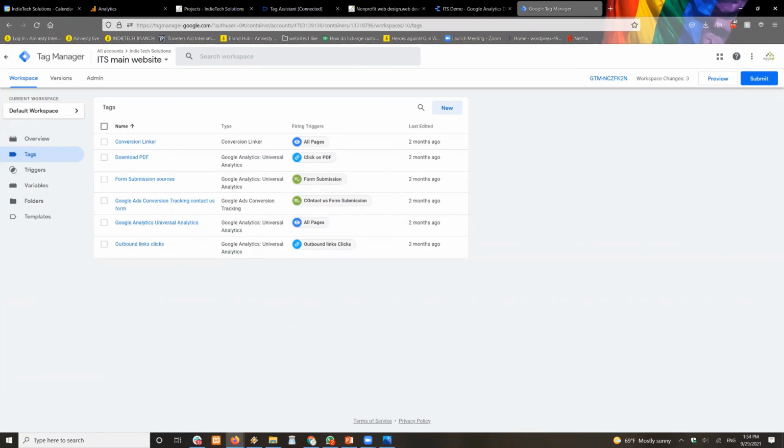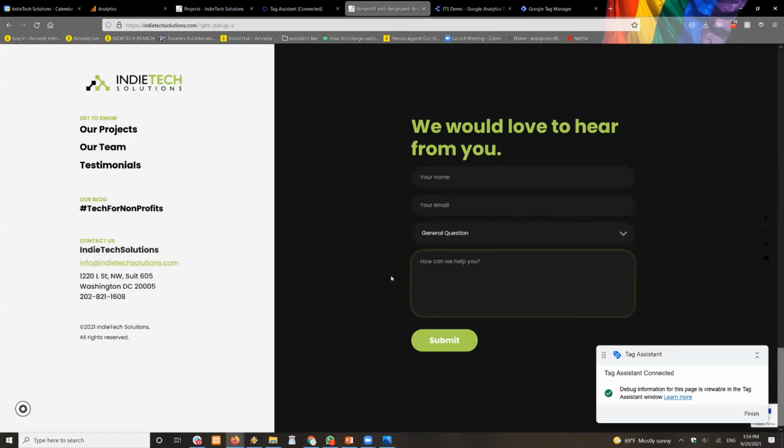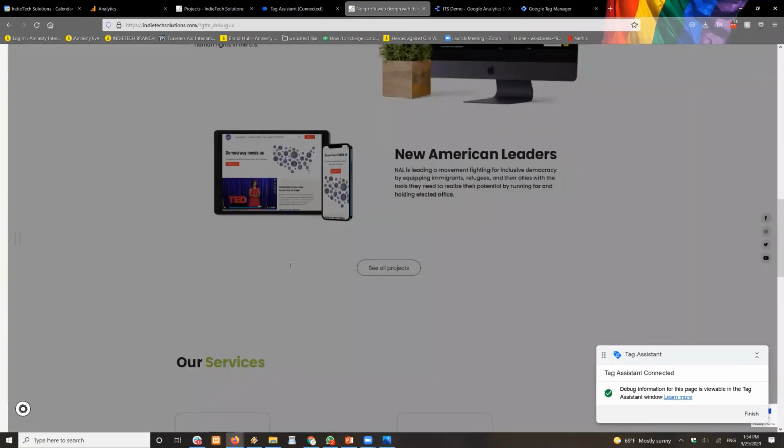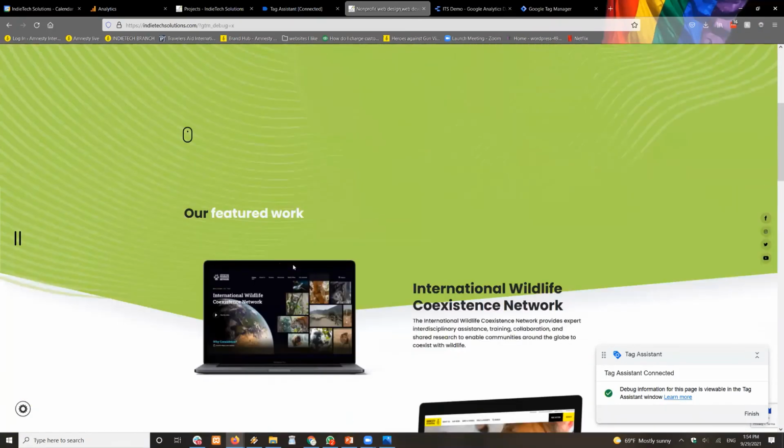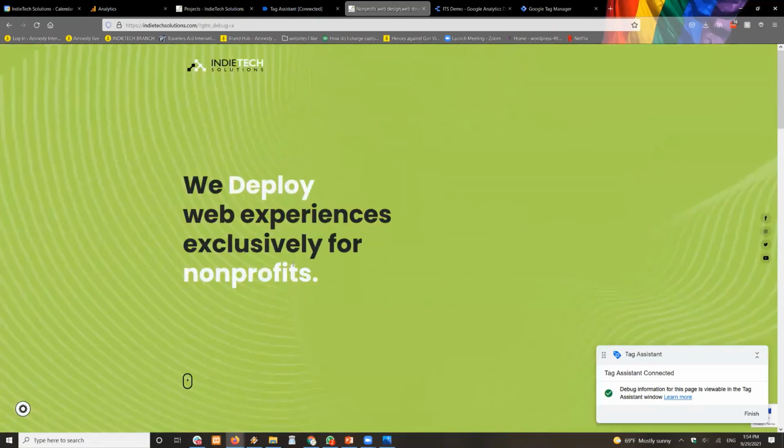I think I have a lot of other things through Google Tag Manager that you didn't show us today. A lot. So the question is, are there other things you can track through Google Tag Manager that you didn't show us today? You literally can track anything and everything on your website, like a click. For instance, let's say you want to track a drop down. You want to track scroll, like how people are scrolling down and when they stop scrolling. You can track form submissions, as I said. You can track literally everything you want. It all depends on the use case.